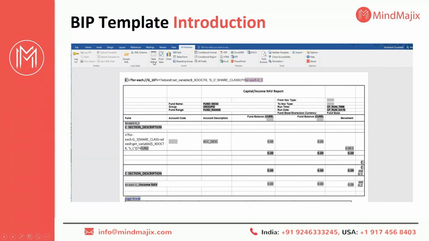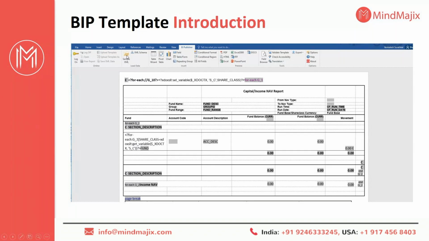Or, as I said in the previous slide, there might be cases where the users or template designers are restricted from having access to the server. Then what needs to be done? As I said, BI Publisher actually runs on XML. So whoever has the rights to the server will generate the sample XML and give it to the client, end user or designer. They will save the sample data on their local machine.